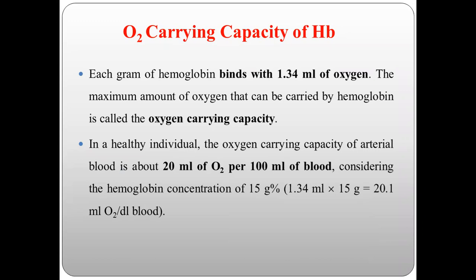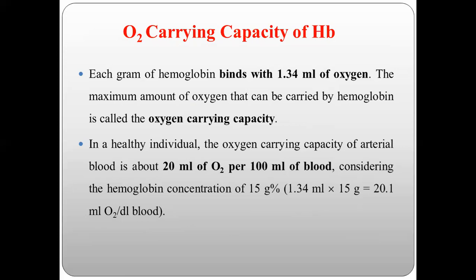So thus each gram of hemoglobin binds with 1.34 ml of oxygen. The maximum amount of oxygen that can be carried by hemoglobin is known as oxygen carrying capacity. These are the common terms which are asked in the examination, even in the practical classes or in the viva classes. So in a healthy individual, the oxygen carrying capacity of arterial blood is around 20 ml of oxygen per